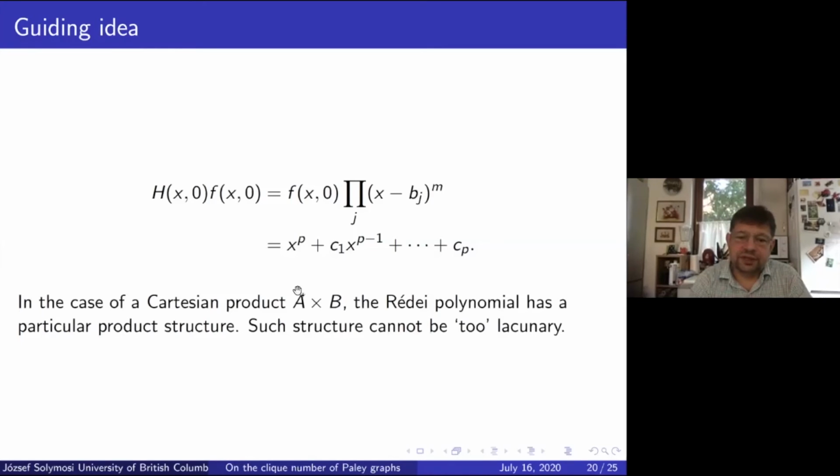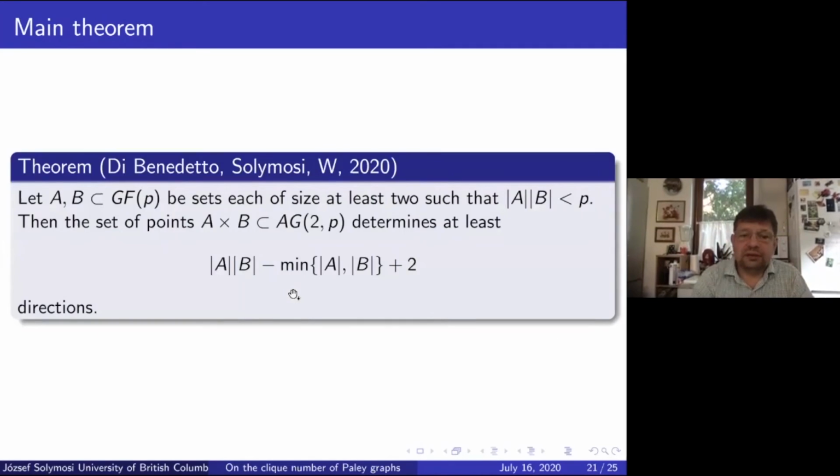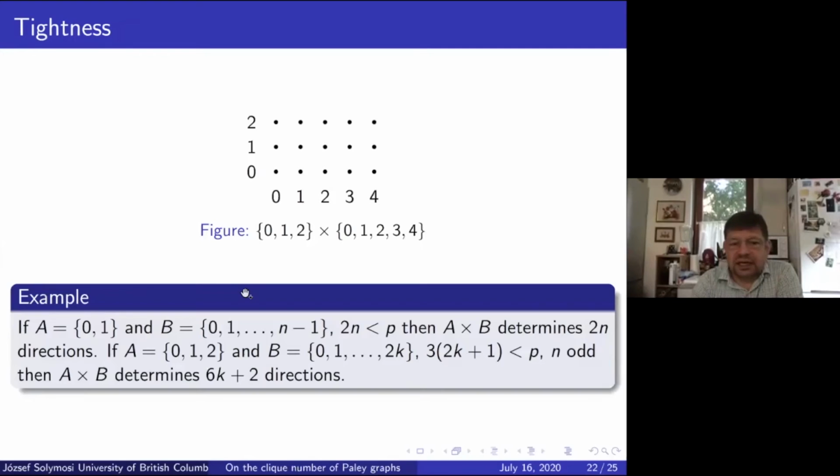Right. So if you put that together, then here is the theorem. The theorem says that if you have a Cartesian product, then the number of directions is at least this large. Okay? So it's practically A times B. There is an error term, but it's not that bad. So if you have a Cartesian product of size n and m, then n times m is the number of directions you will see at least. And there are cases when it's sharp,